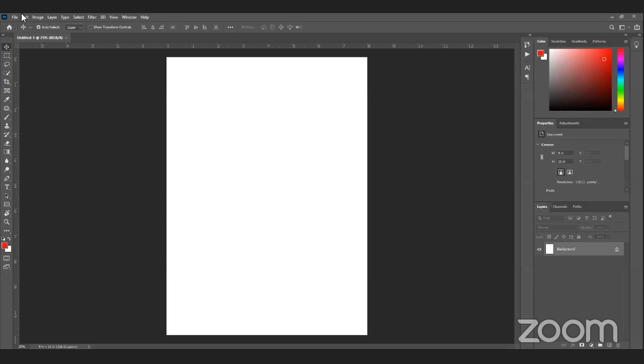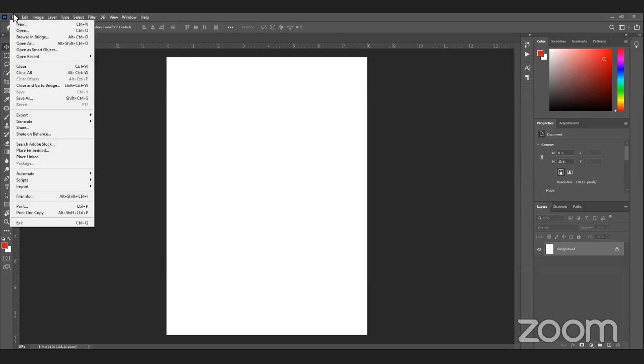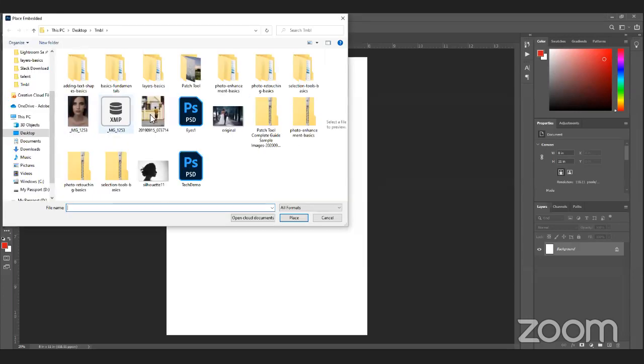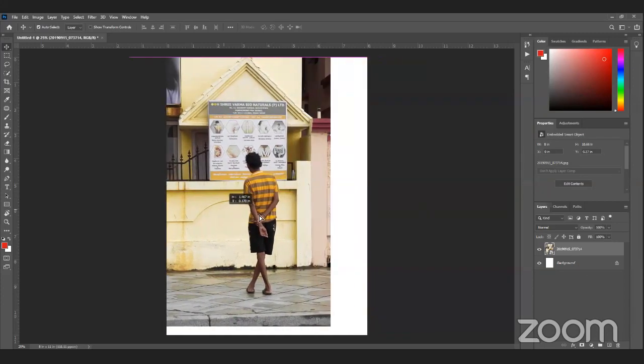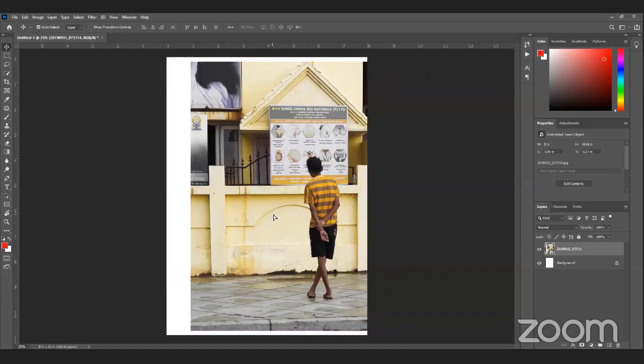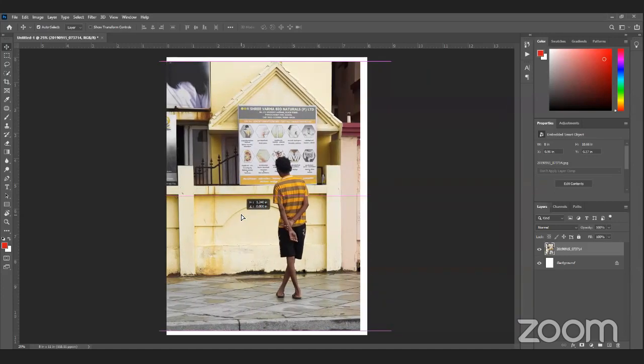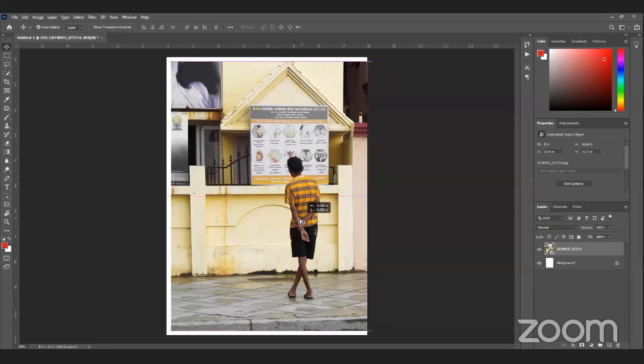If you want to place an image on it, we can go to File, Place Embedded, place the image like this, and hit confirm. Now we have two layers, and this image is over that. We can move this layer by clicking on the image or the layer we want to select.